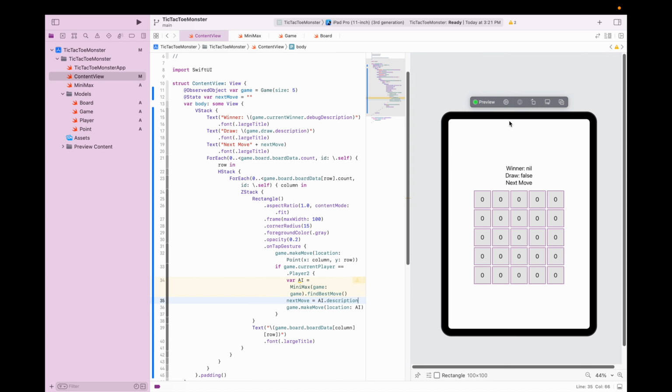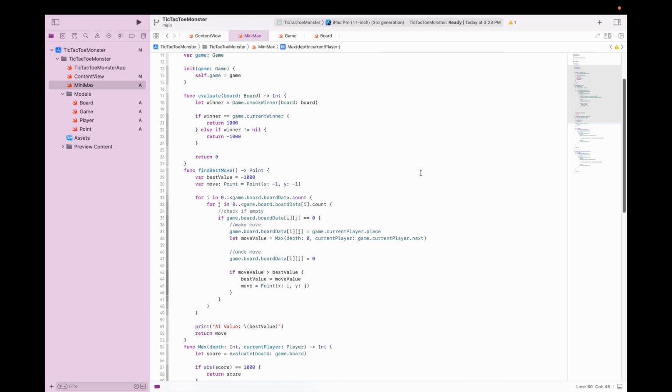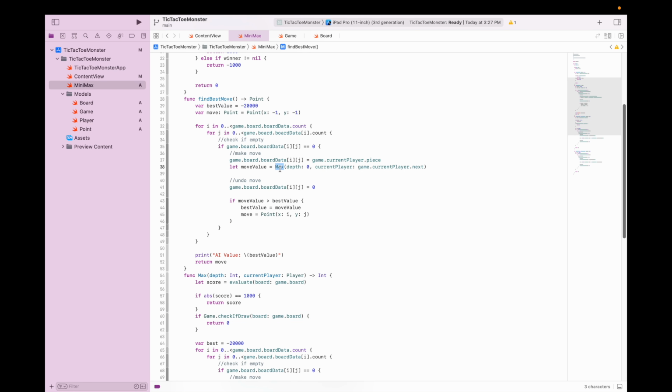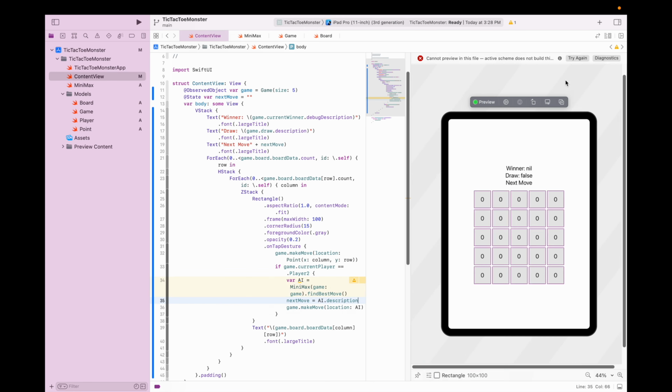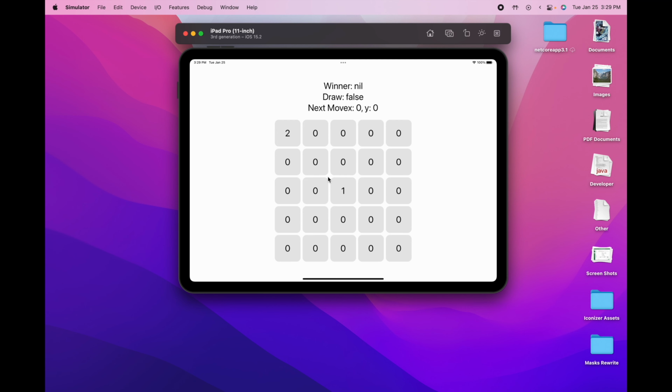Alright, let's give this a run and see what happens. Okay, as you can see, it's placing things on the board automatically, and it just let me win. Well, okay, back to the drawing board. So what we're going to have to do is figure out a couple things. Number one, it's a little slow, so we're going to deal with that later. But number two, the biggest problem is that it's still kind of letting me win. So let's figure something out. Maybe it's the evaluation function.